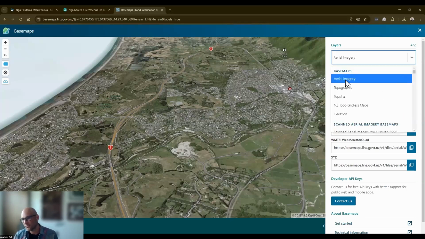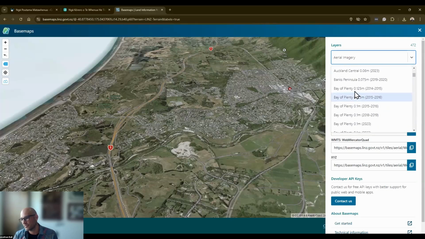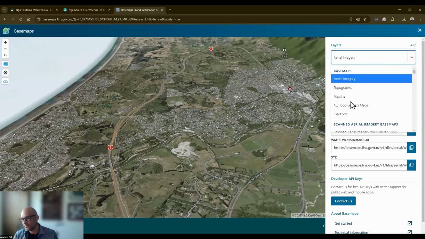If I click on this, these top 5 are our main base maps. And then scrolling down, you can see there's 472 other data sets. Some of these are just individual areas, some of them are bigger, but it's worth exploring.